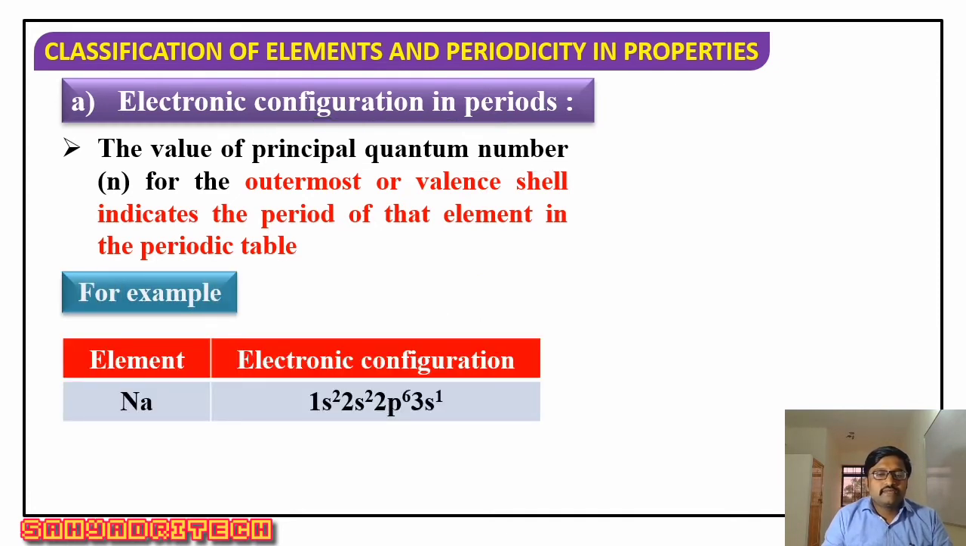Say for example sodium, what is its atomic number? Atomic number 11. Say for sodium the atomic number is 11. If I write the electronic configuration for sodium, say 1s2 2s2